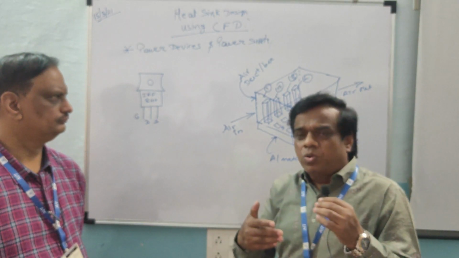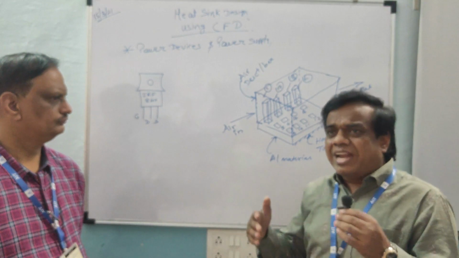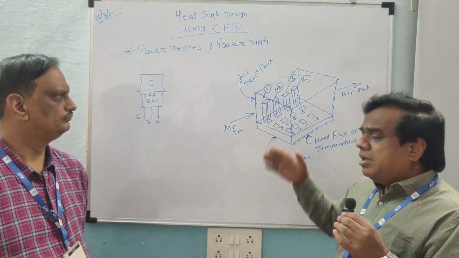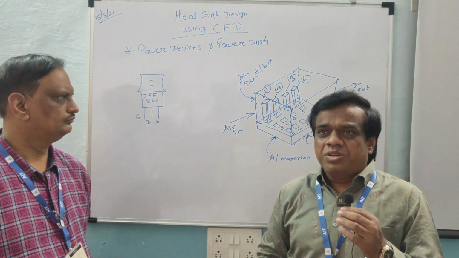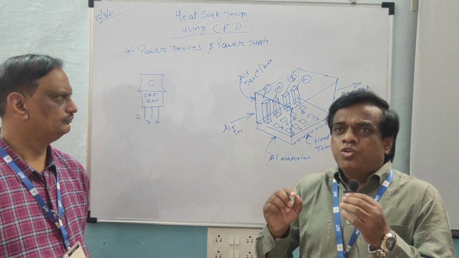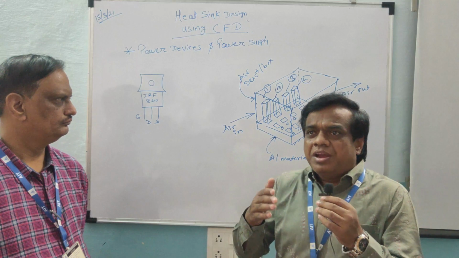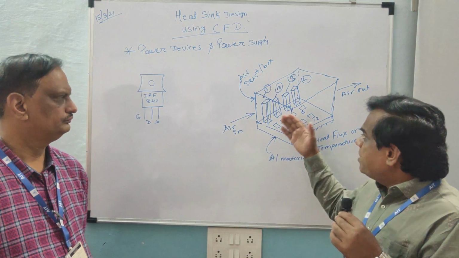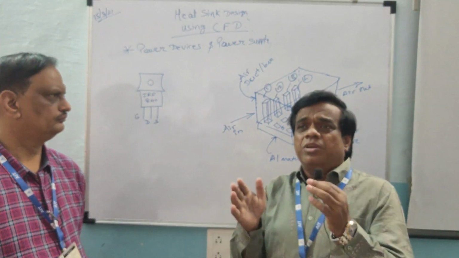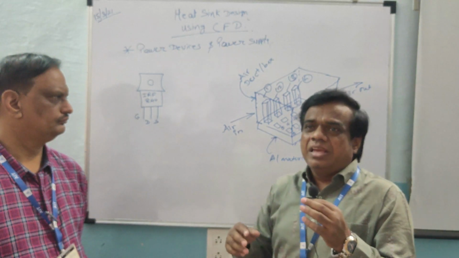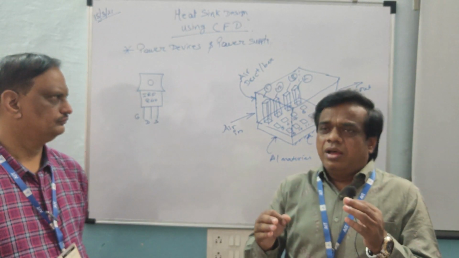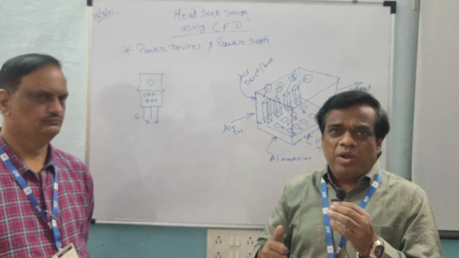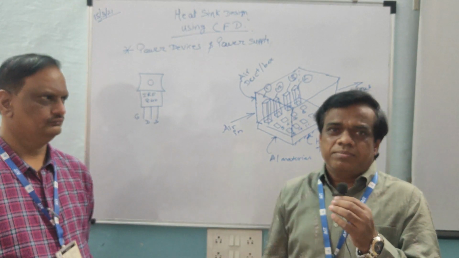Once we reach our convergence criteria, when the solution is completely converged, we will use the third software, that is CFD Post. CFD Post is used to see different results, like temperature profile, velocity profile, contours, and simulation also, meaning how the air circulation happens inside the two fins. So I will try to demonstrate these three software step by step in the next part. Thank you, and hope you will enjoy this tutorial.